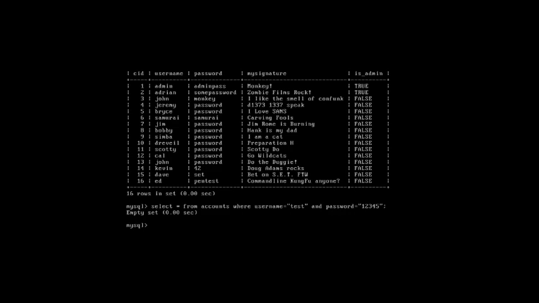Now suppose further you want to select that particular row where username is admin and password is adminpass.